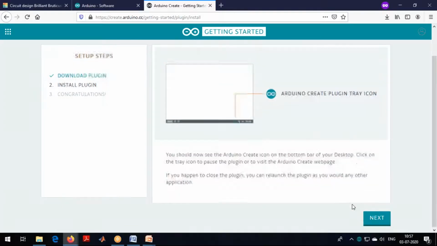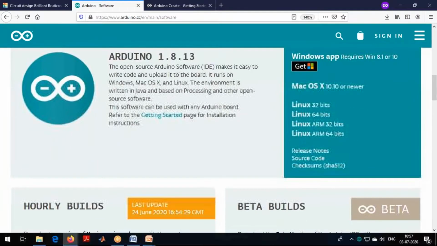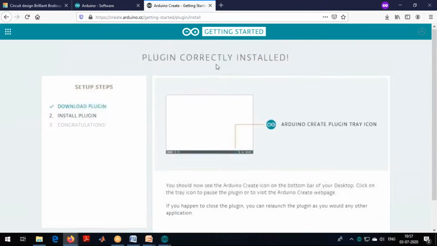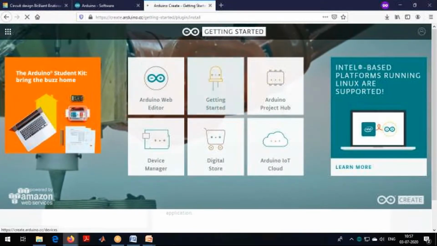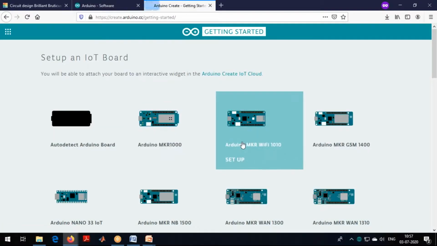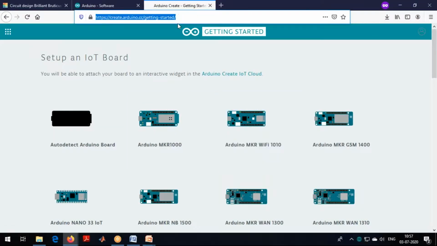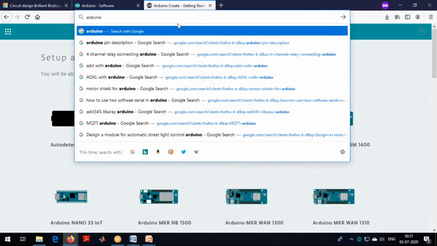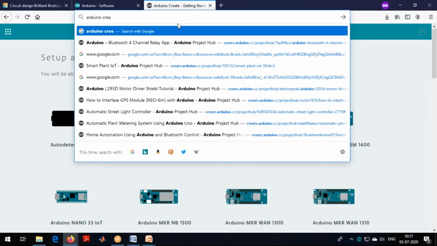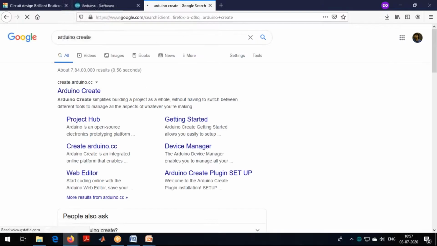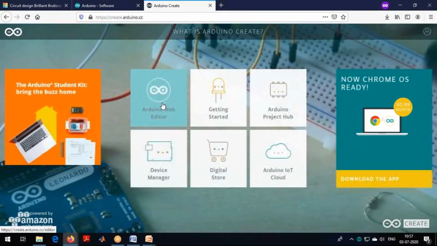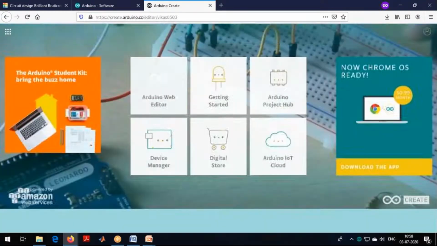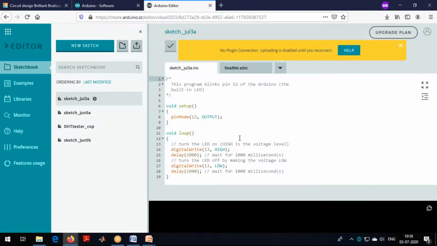Okay, I have just installed the plugin. I'll just click Arduino, create, Arduino web editor. Okay, I'll have the code.